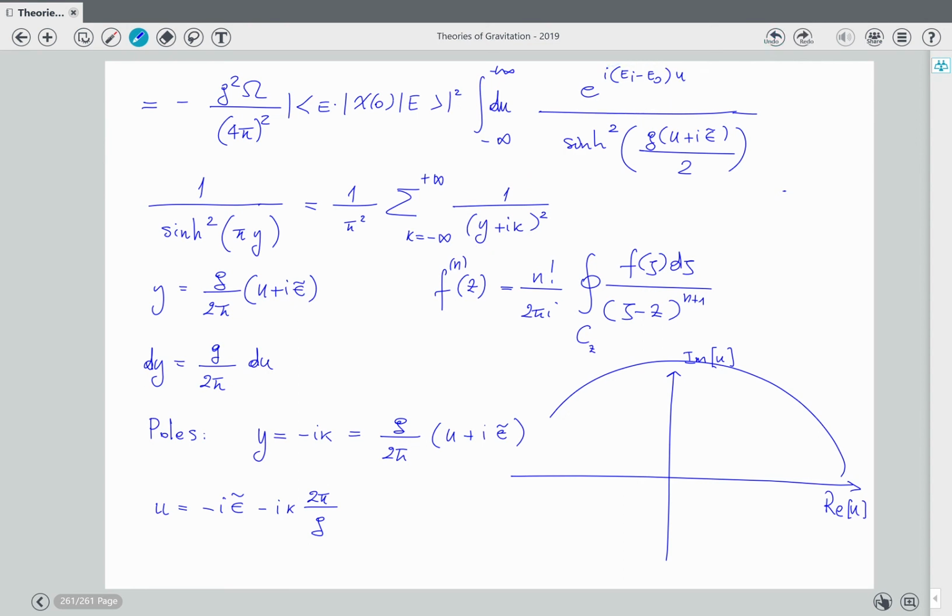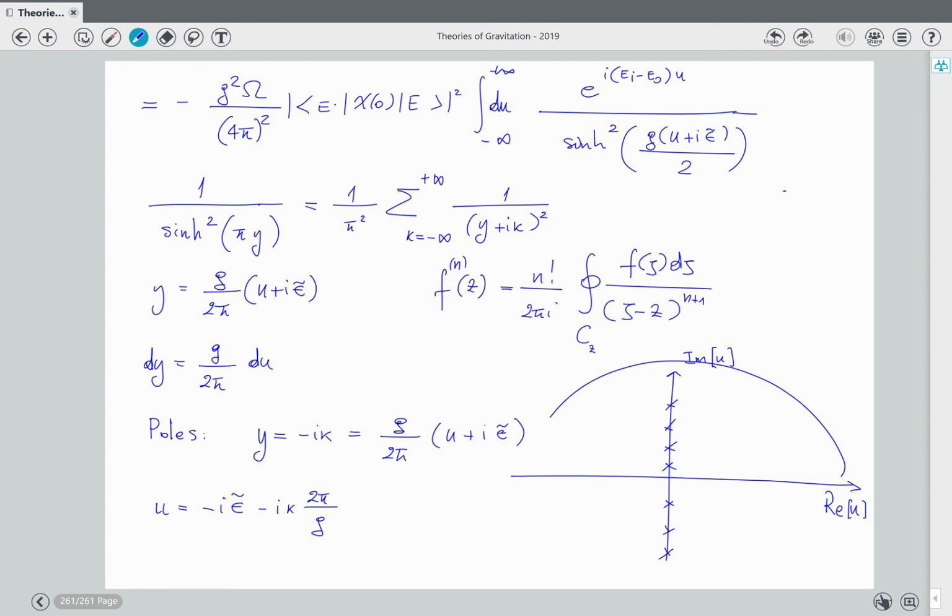The point is that you have these poles that are all on the imaginary axis, and you have them everywhere. But if you apply the residue theorem, you will have only to consider those that are in the upper half plane,